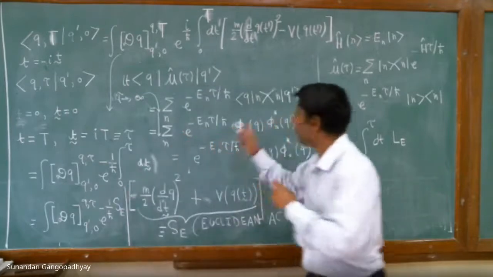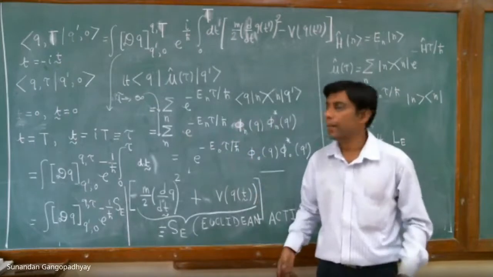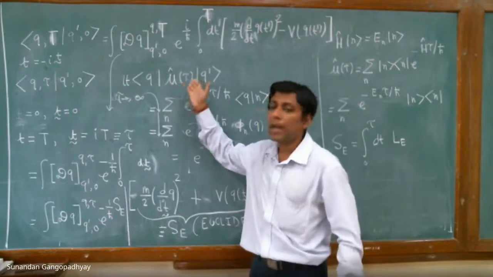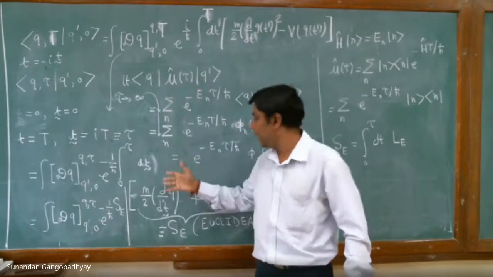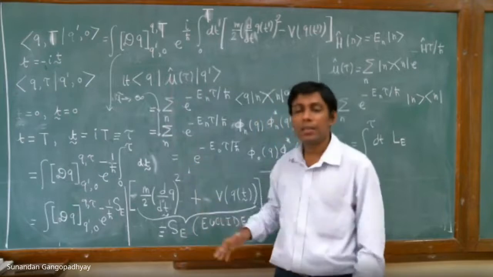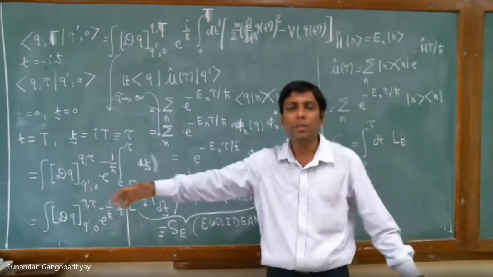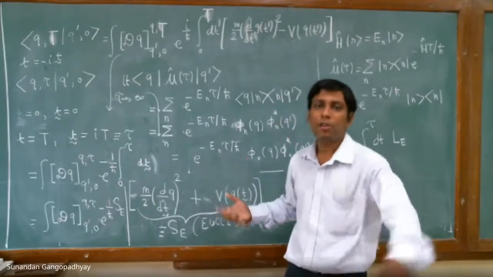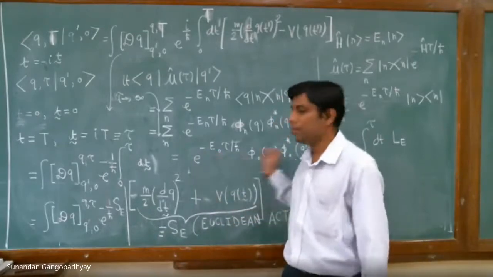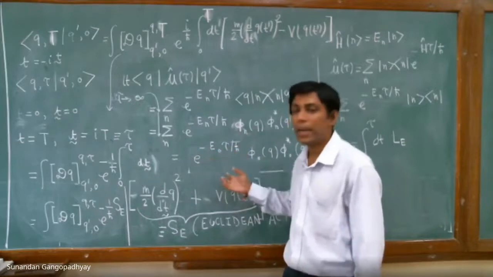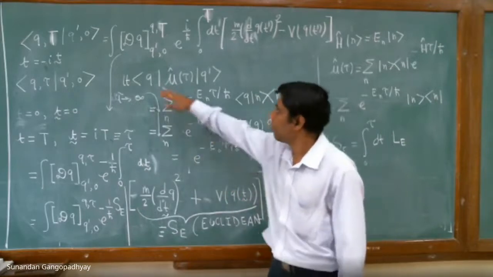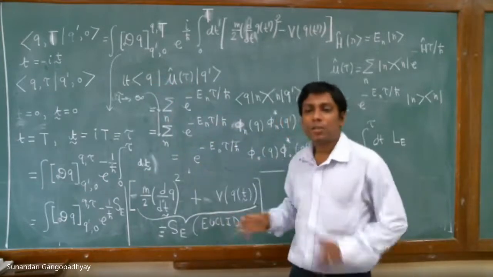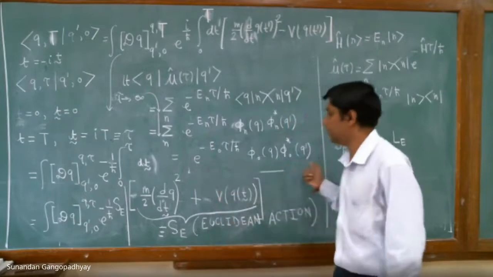In fact, if you throw away this term, it is basically making physical sense, because you know that when the time evolution is not unitary, then the matrix elements in the limit of large time should vanish, because the evolution is not unitary, right? And therefore, if you throw away this term also, you will get 0. But we just want to keep this term. So what it says is that in the large time limit, you can basically isolate the ground state, and this is the contribution.